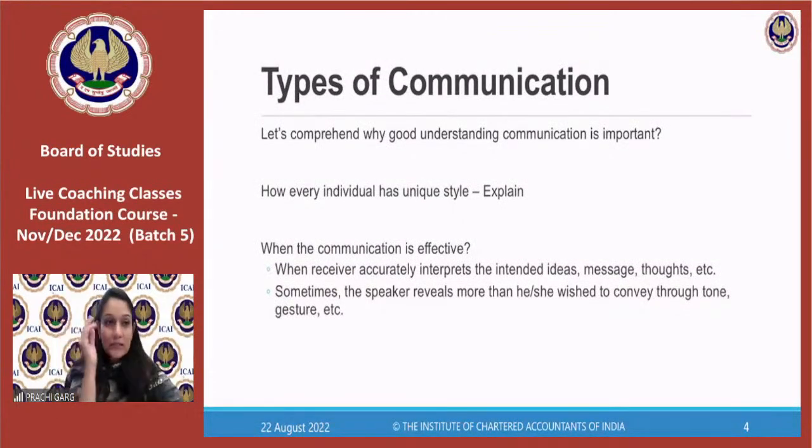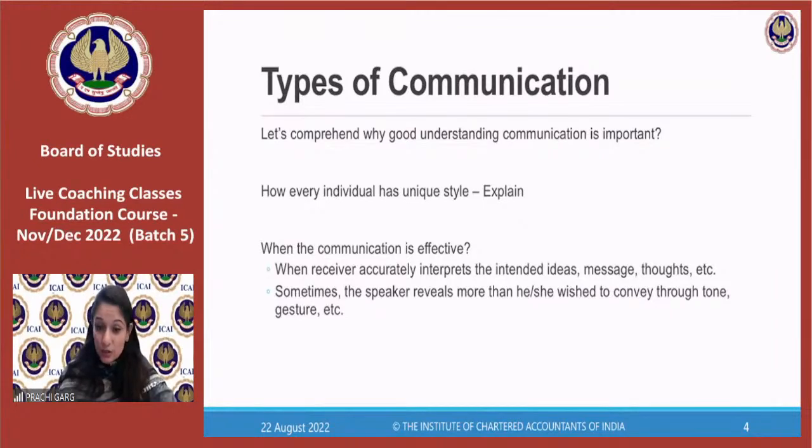You have to understand that everybody has their own style of communicating. Everybody has their own way of expressing, right? So it's very important to at least know different types. What does that mean? I have my own style. I know about my style. Perfect. But if I know about different styles, I know how people behave in a certain way or how people talk in a certain way. How can that help me